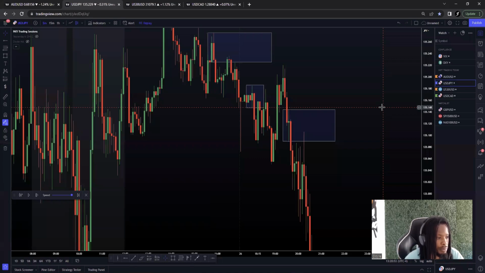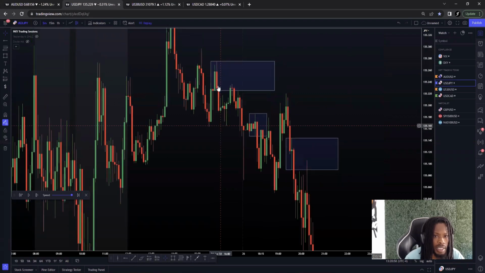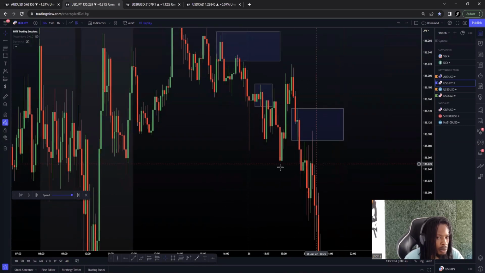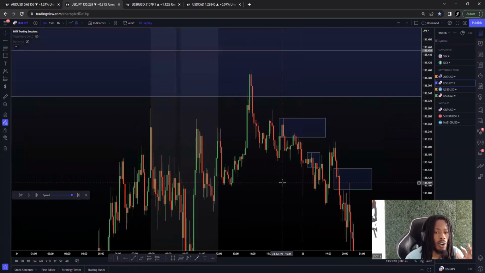I'm not gonna lie. Did that first supply have a breaker structure? This one up here is low probability, but no breaker structure. This one, no. This one, yes. It broke this low right here. All right, so this whole setup right here, you probably missed this if you were waiting for that 15-minute